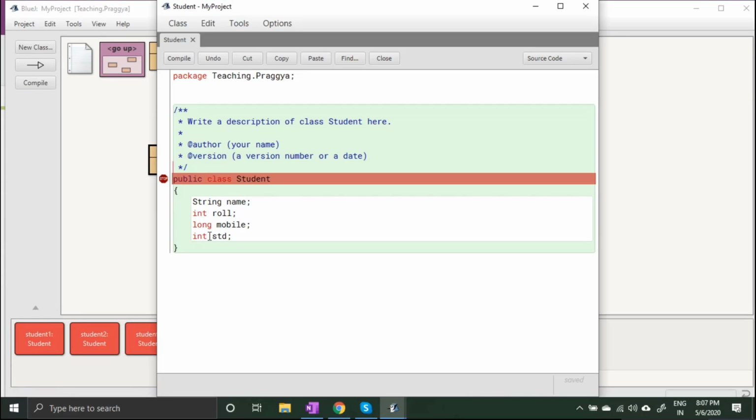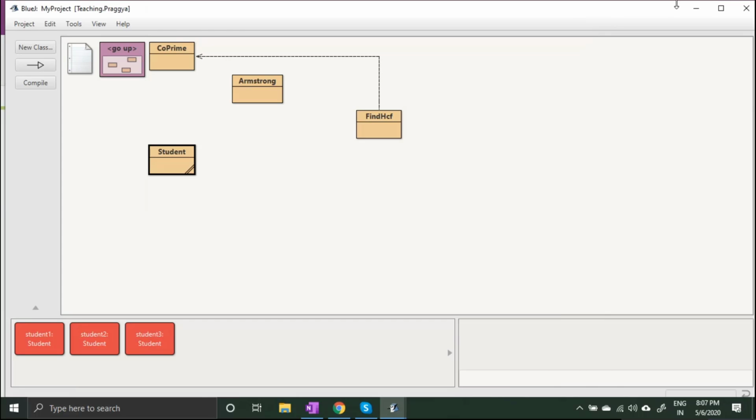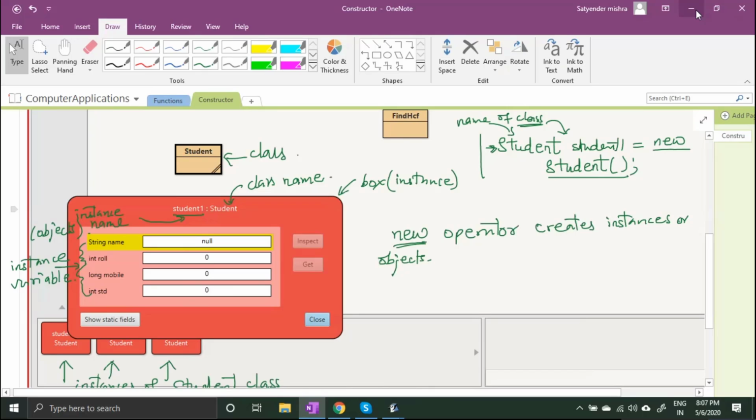When you see this, this is the blueprint of how the object of student looks. All the objects of student will contain name, roll number, mobile, and standard, right? So class is a blueprint of an object.